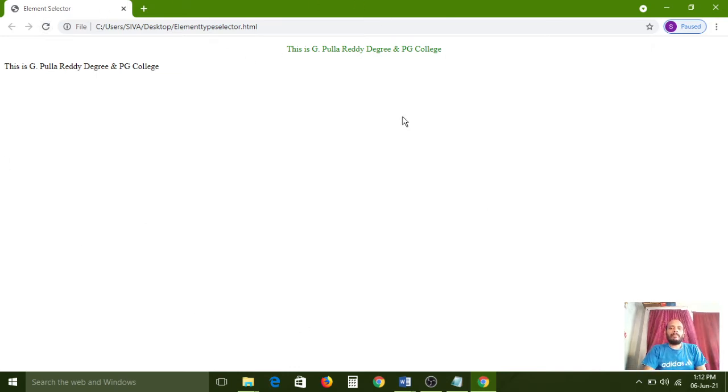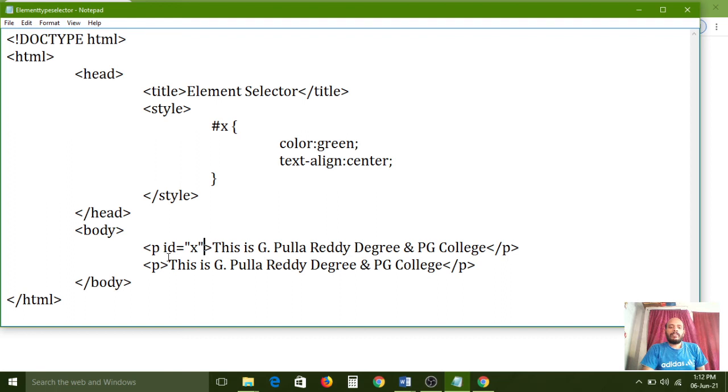So if the entire web page contains thousands of paragraphs, but here I applied only one ID, for the remaining paragraphs I don't have to give any links for the CSS properties. Whatever CSS properties are uniquely identified by the hash symbol, I am linking to the first paragraph. The remaining paragraphs I don't want to link, because I don't want to represent all paragraphs with the same styles. Here I want to apply it to the first paragraph. These properties can be applied like this. The name can also be copied from here to here without the hash symbol by using the ID attribute. By using the ID attribute you need to assign it without the hash symbol.